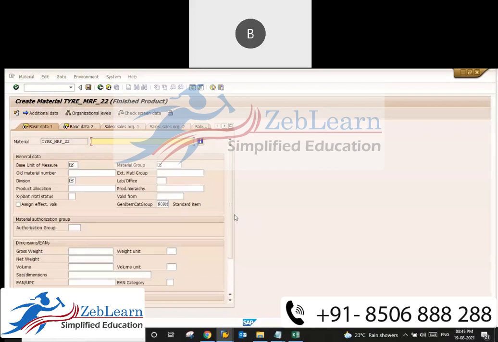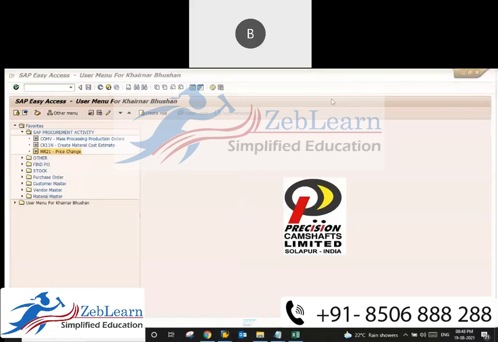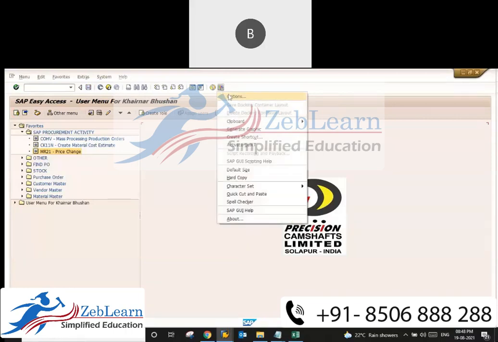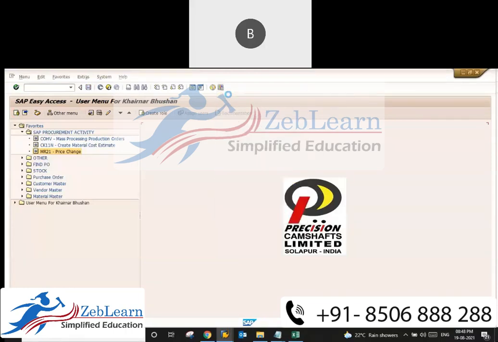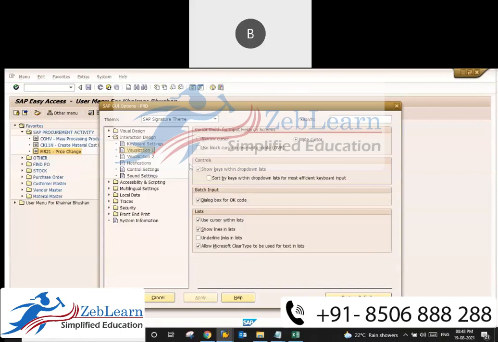Here on the upper side, there is a window. Here is a setting, maybe in options. Go to options, then here is show keys with drop down list.